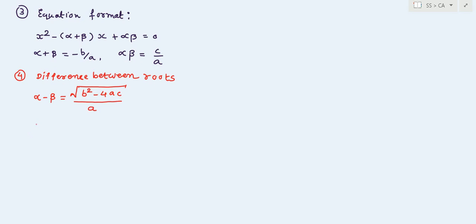And another formula is alpha minus beta is equals to under root of alpha plus beta whole square minus 4 alpha beta. Okay, use whichever formula you are comfortable with, but I think the first one is very easy. Now next point, point number 5,